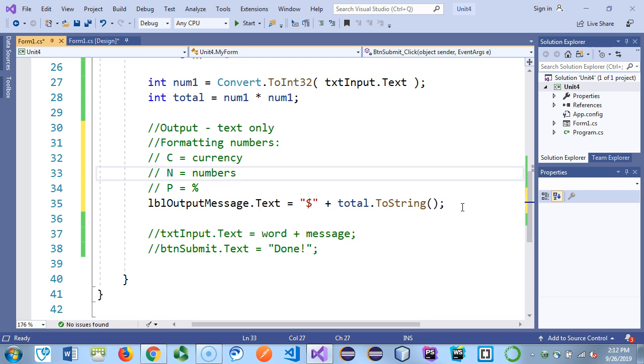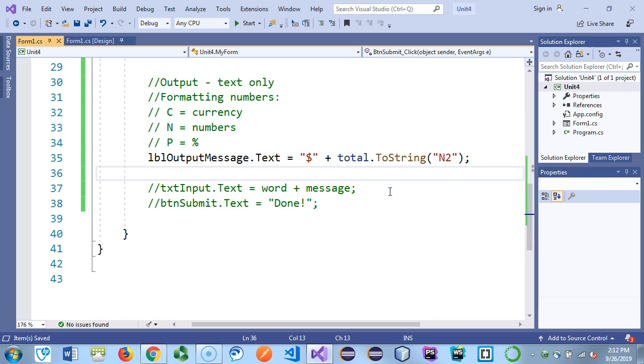So if I want to output the same outputs as before using the dollar sign I did here explicitly, then I need to convert this to number. So you can put here n, and I want 2 decimal places, right? So the number 2 here, again, decimal places. And I explicitly put a dollar sign here. So why would I do that? Well, there's a reason you may want to do that. And I'll explain in a minute. So now I run this application,